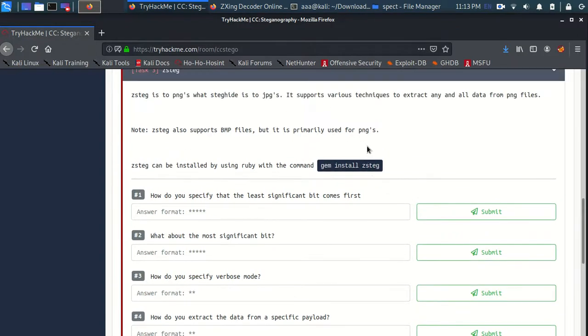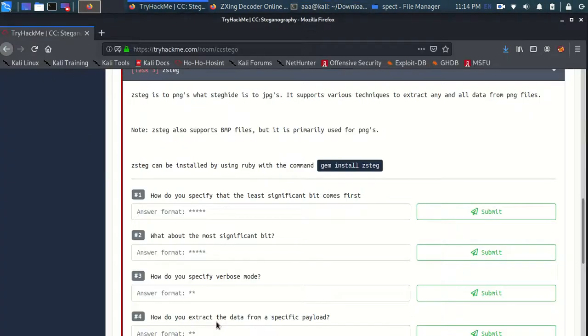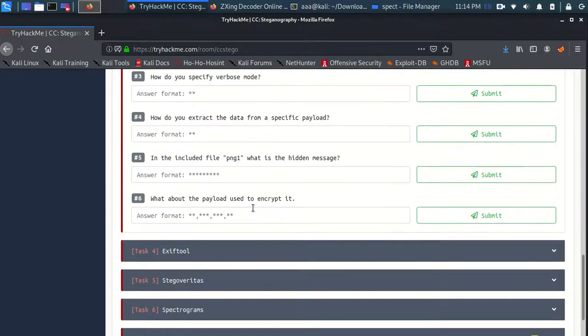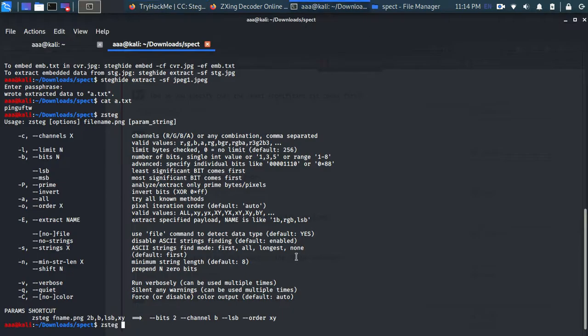So the next tool is ZSteg. Yep, this is the next tool. So let's first do that so that you don't get bored. ZSteg, and this is the file.